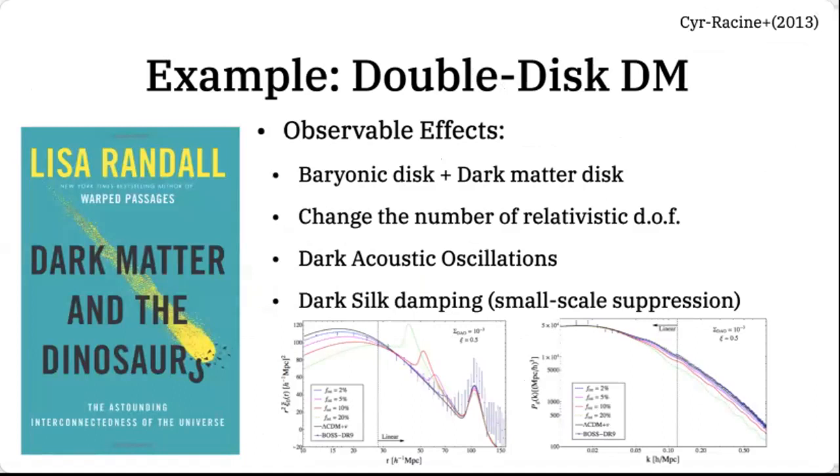I think one critical difference between Lisa's model and my model is that we assumed a very cool dark matter. So the temperature of the dark photon is very low, and cooling happens very early on. The recombination happens in the very early universe.